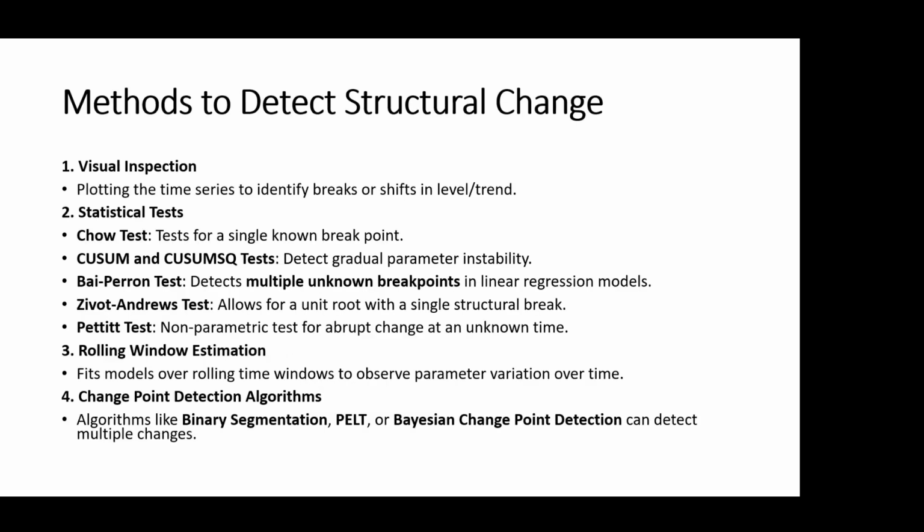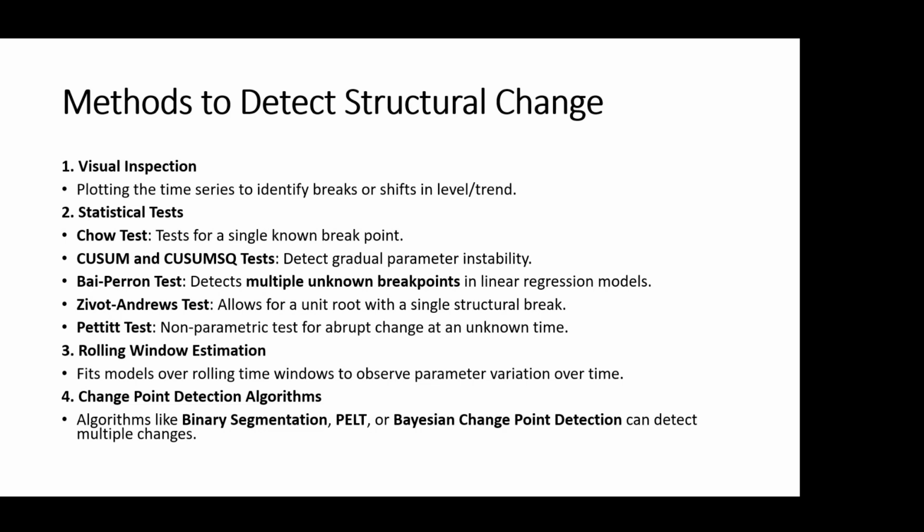When we study the structure of a series, there are different ways by which we study structural change. One is we can plot the data, do a visual inspection, and looking at the data, we can find out how the structure has changed or whether it's changed at all. Alternatively, you have statistical tests. The statistical tests that you use for structural change start with the Chow's test. Chow's test will only tell you if there are two regimes. You're assuming that the series can be divided into two parts, and you want to know whether the two parts are significantly different. Chow's test is a test for structural change, usually adopted when we are studying two periods.